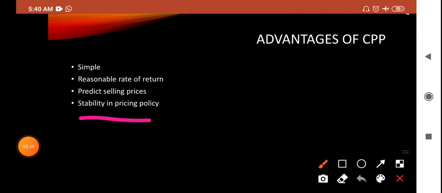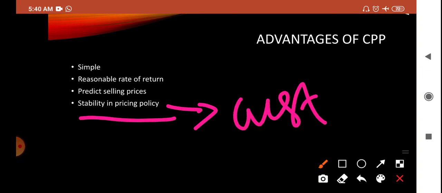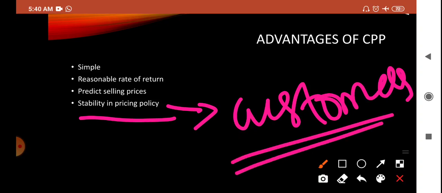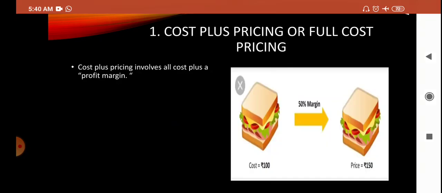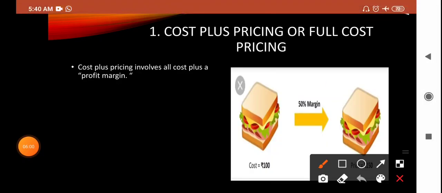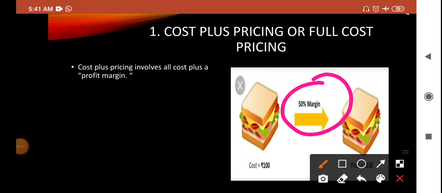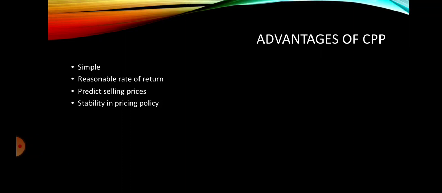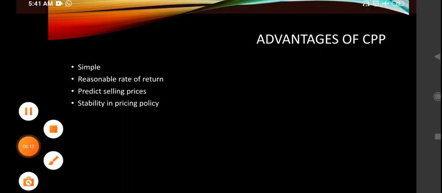So this is beneficial for our customers, for us. This brings a stability in pricing policy, and the selling price can be justified to the customers. So customers can justify it, and they will be having a kind of calculation, right? This is the cost. For example, the cost is 100 rupees and the profit margin is 50%, means they have kept 50% margin, the total is 150. So there will be stability if they have kept a profit margin.